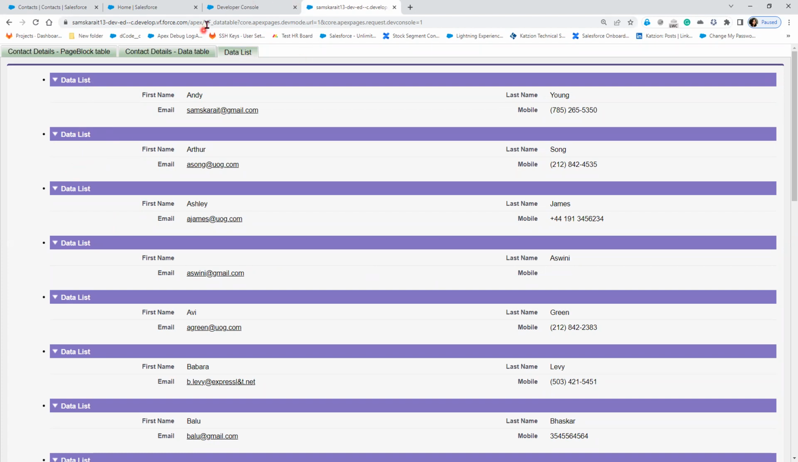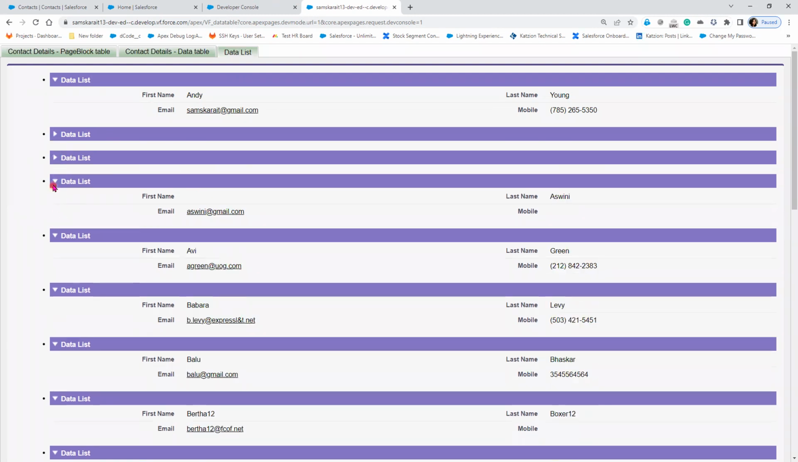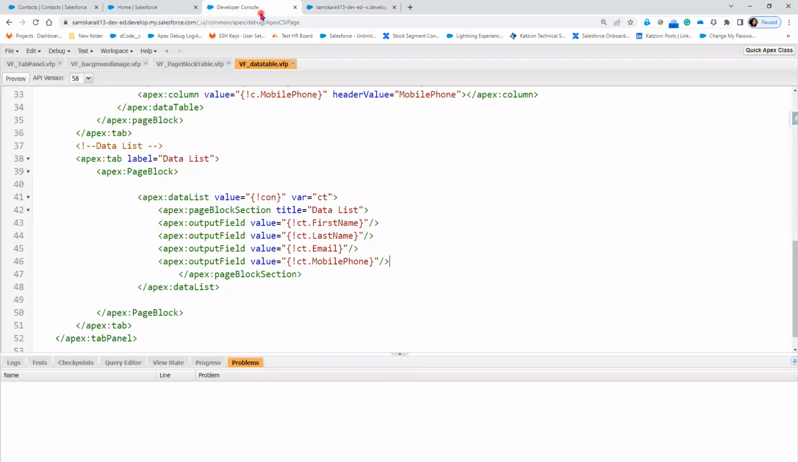Now each one of them it is taking as a data list. So this is one data list, this is another data list, and this is another, and this is another data list, this is another data, right? So like this, it is displaying the information. It is separated, each one of them as a separate data list. Here we have a collection of things. So what I can display is